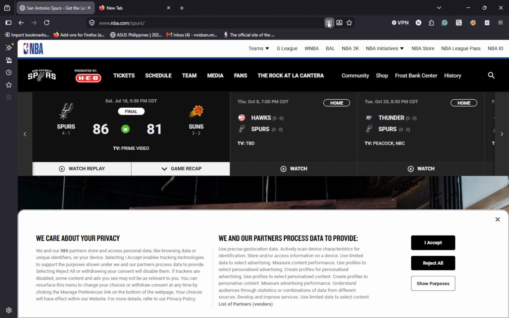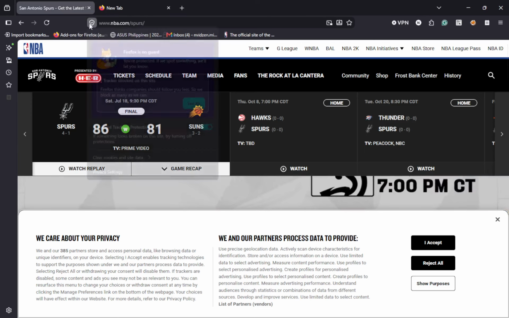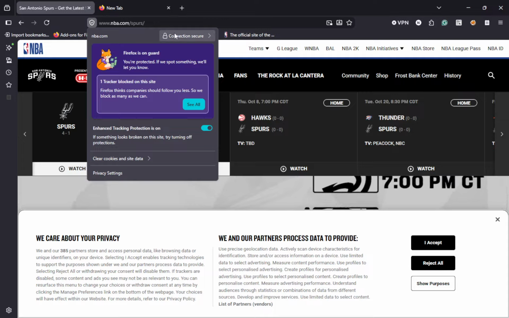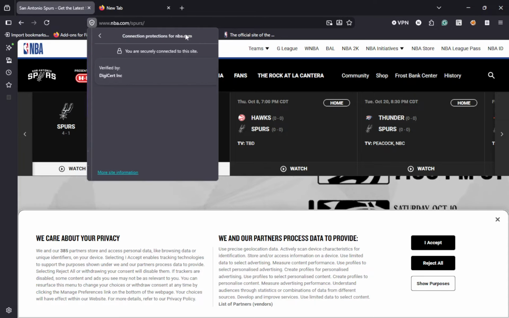Now look at the top of Firefox. In the address bar, to the left of the website address, you will see a small padlock or site icon there. Click and hold that icon with your left mouse button. Then keep holding it as you move your mouse. Drag it over to an empty spot on your desktop and then release the mouse button.